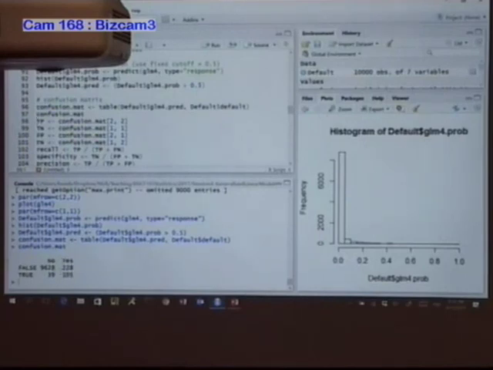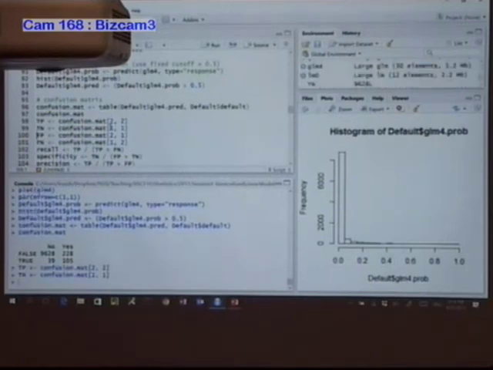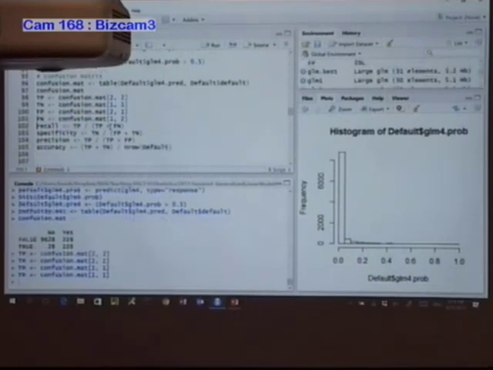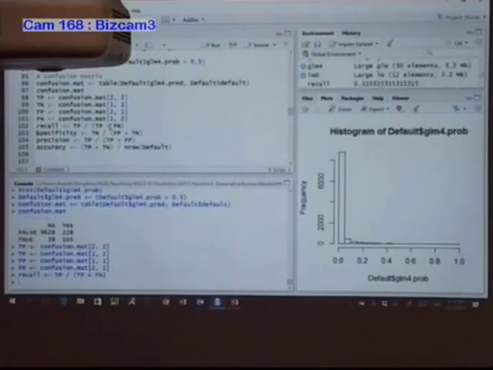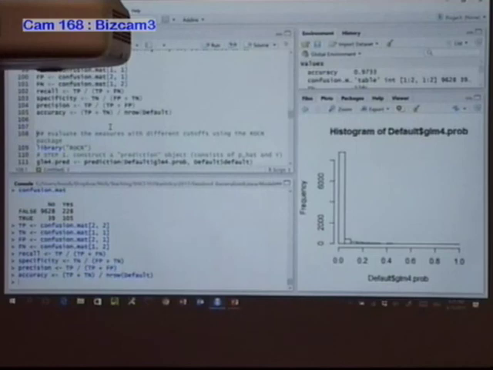But that's what we have. Then we can calculate the true positive, true negative. We can pull out those numbers from that matrix and calculate all these crazy measures. Okay? That's for a given cutoff. You can do that manually. Right? Now let's do